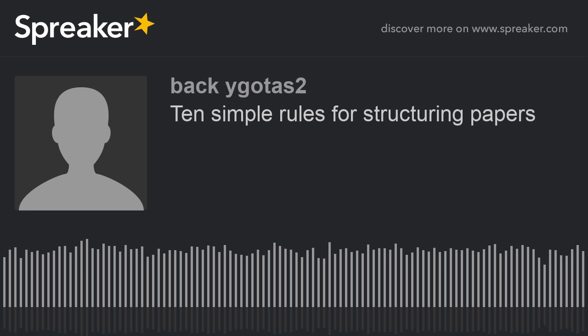Rule 6. Communicate why the paper matters in the introduction. The introduction highlights the gap that exists in current knowledge or methods and why it is important. This is usually done by a set of progressively more specific paragraphs that culminate in a clear exposition of what is lacking in the literature, followed by a paragraph summarizing what the paper does to fill that gap.